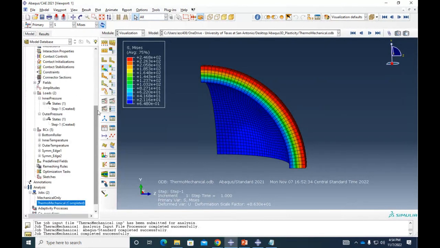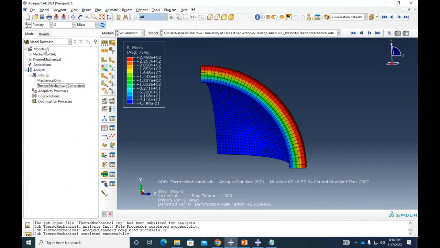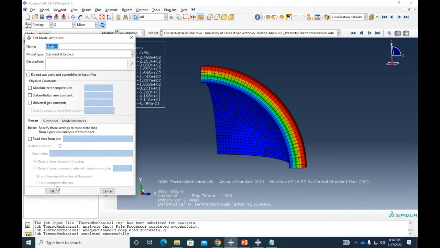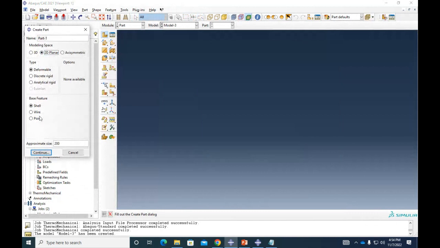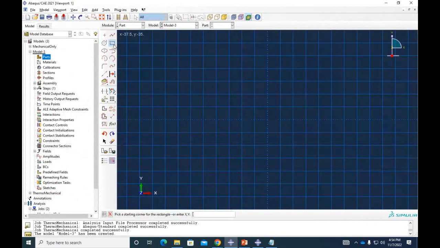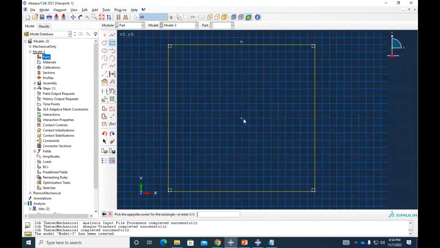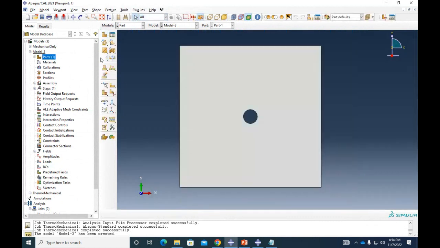No. Let's do a quick, and this is gonna be recorded for you. Let's do a quick 2D analysis of a plate, so we see some necking in our plate from the plasticity. So I'm gonna do that on the fly, all right? So I'm gonna go here to model 3, part, it's gonna be 2D planar, all right? So it's gonna be minus 50, minus 50, and then 50, 50, all right? I'm gonna add a hole in here, so 0, 0, 0, 5, all right?